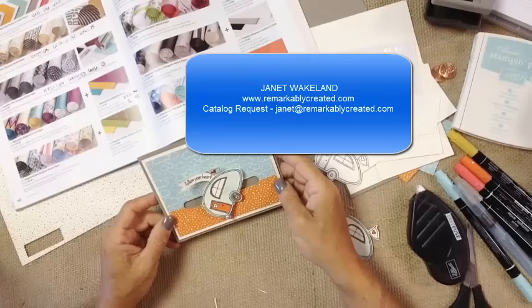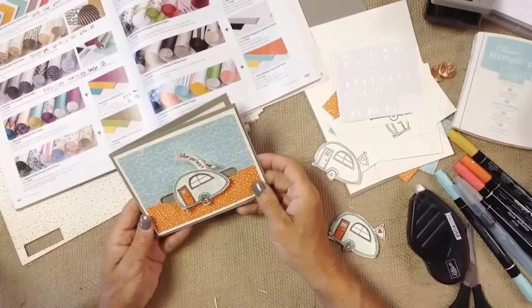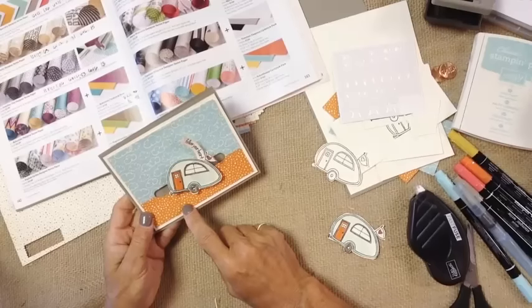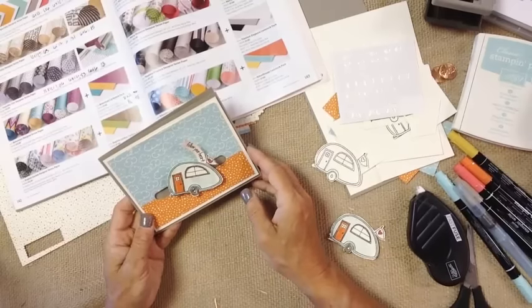In today's One Take Wonder video, we are going to revisit a fun old idea, a spinner card. This was perfect to showcase this little glamper from the new Your Sublime stamp set, as well as for our Moving On or Get Moving theme on our blog hop. So let's take a look at all of the products that we're going to be working with tonight, and let's